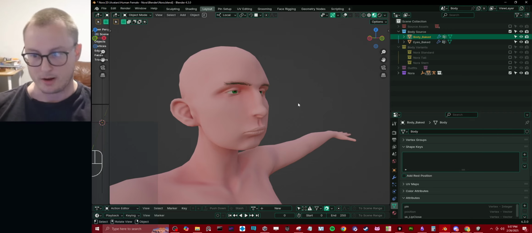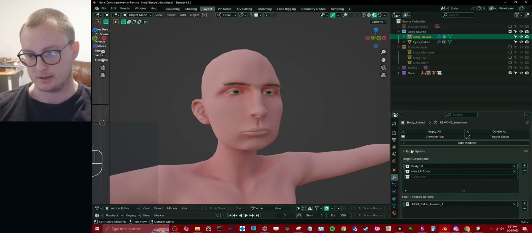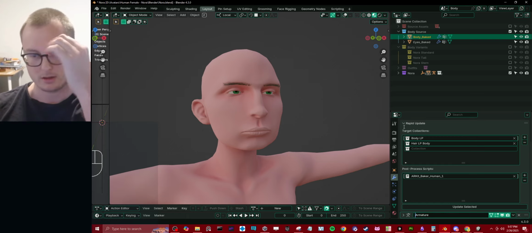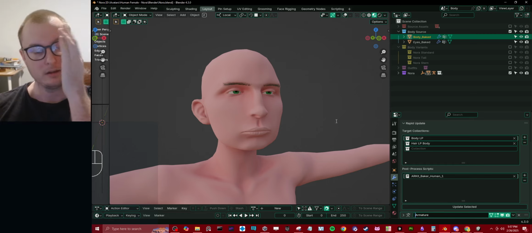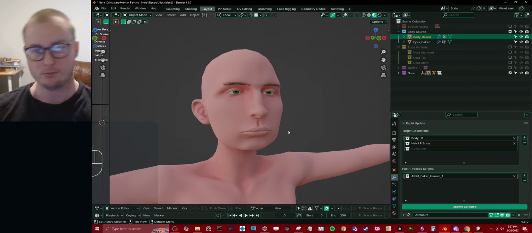But again, the cool part. She should have had shape keys beforehand. Should have baked it with shape keys. Why didn't it? I did it not, because I have the name of the armature different. All right, let's do it again. So update, well, bring it back to the original version of the character,